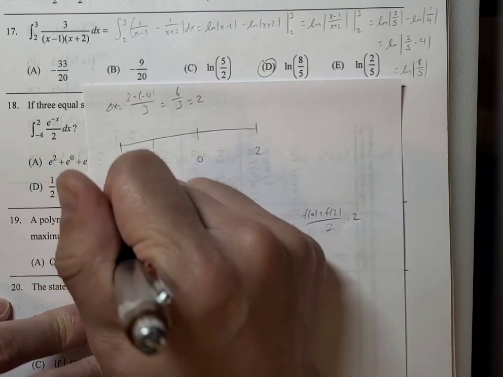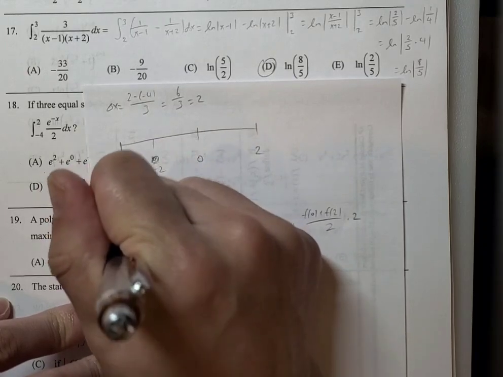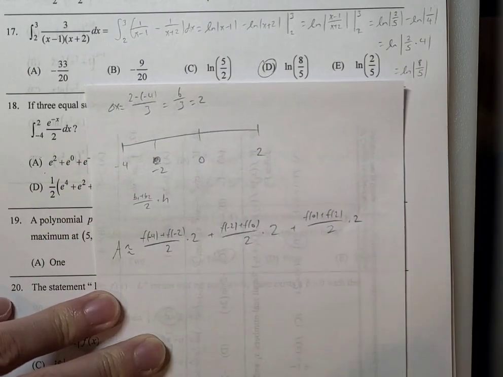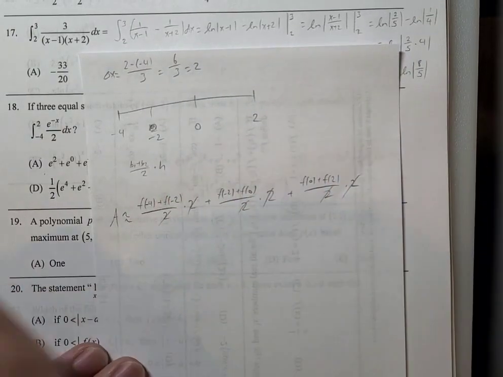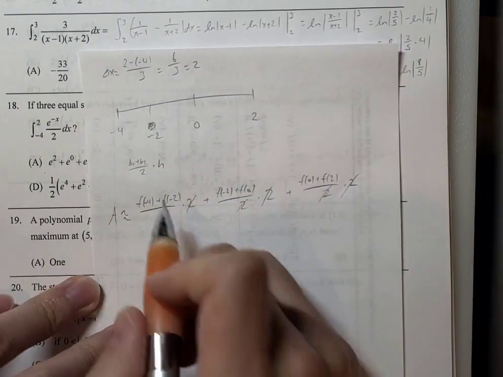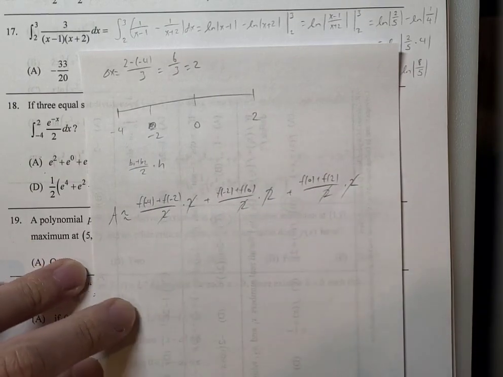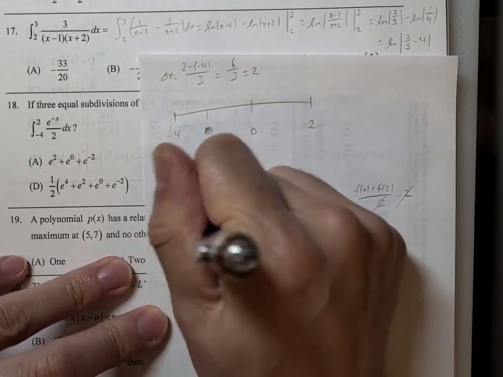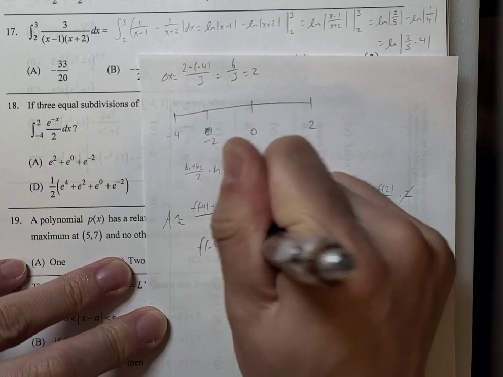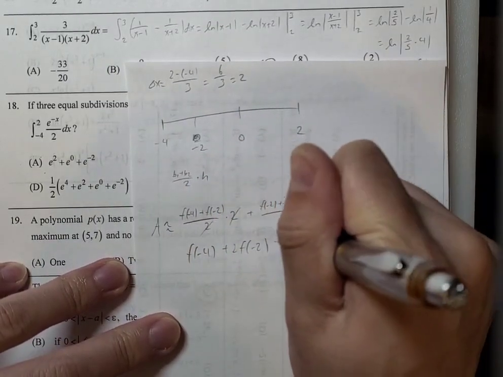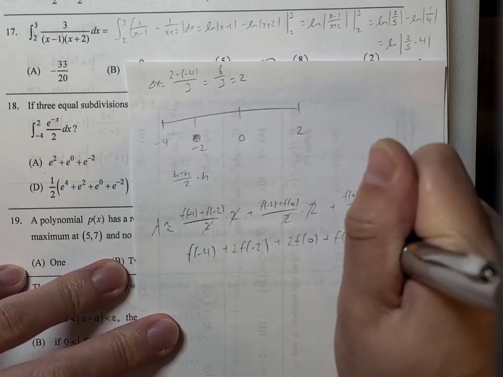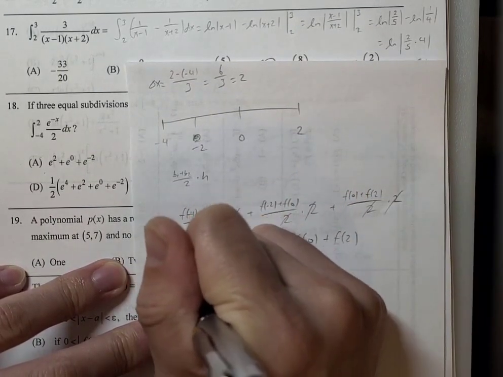This area is approximately equal to this, right? So these 2s would cancel, right? So we are left with f of -4 plus 2f of -2 plus 2f of 0 plus f of 2, okay? Which is equal to,